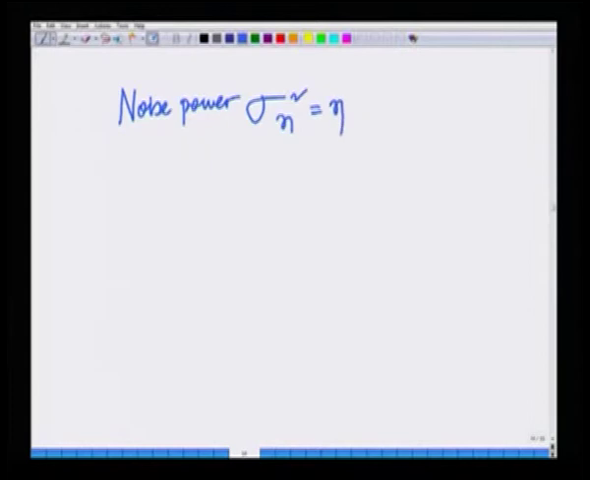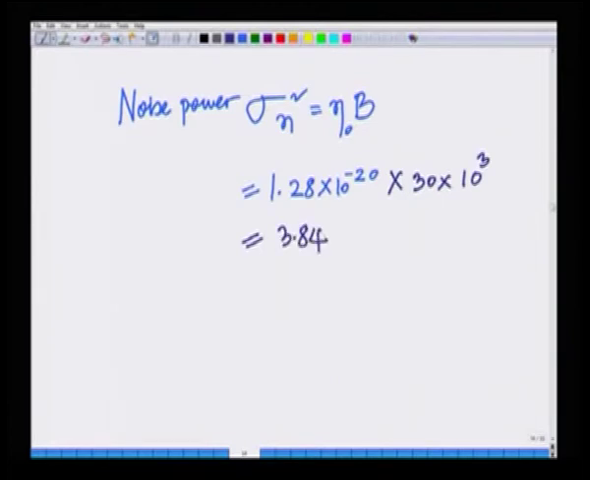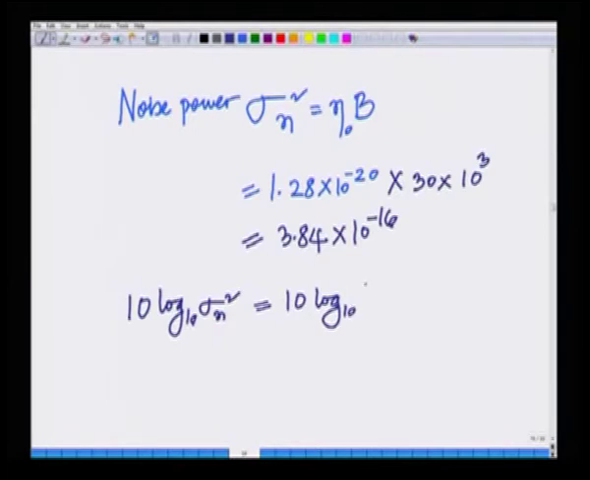sigma n square equals eta naught into B, which is essentially 1.28 into 10 power minus 20, this is what we said is eta naught, into 30 into 10 power 3, equals 3.84 into 10 power minus 16. Hence, 10 log 10 sigma n square equals 10 log 10 of 3.84 into 10 power minus 16, approximately equal to